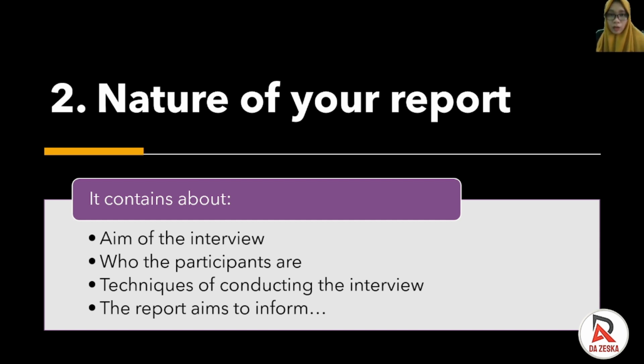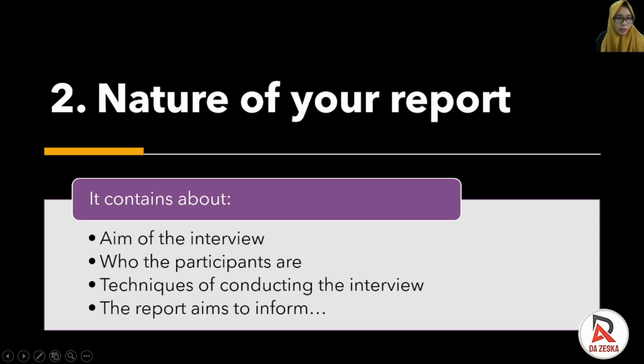Because in every interview, if you sit for a proposal, or if you write a research proposal and have a part for the interview, you have to know what kind of interview you are using, the name of that interview, and the procedure for that kind of technique. And I think in this speaking assignment, it would be nice if you can mention the name of that technique too, and realize the procedures, whether the procedure follows the name of the interview or not. Okay,